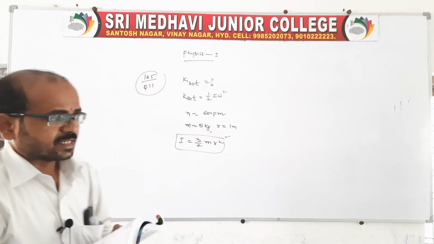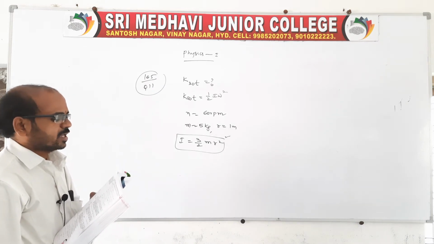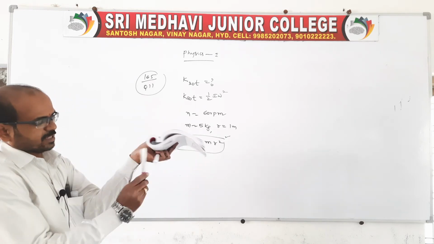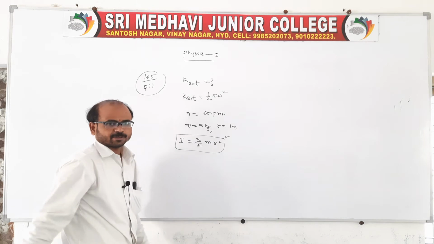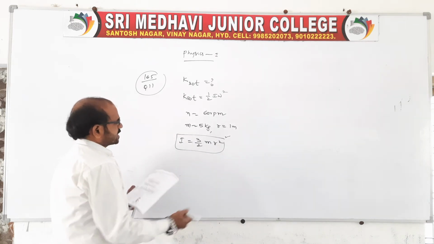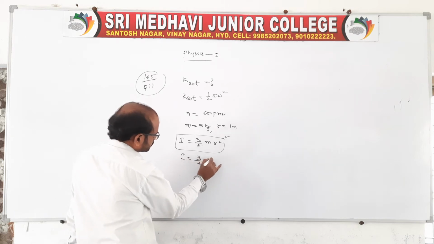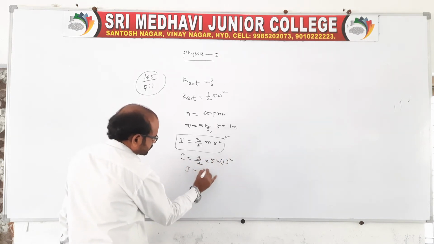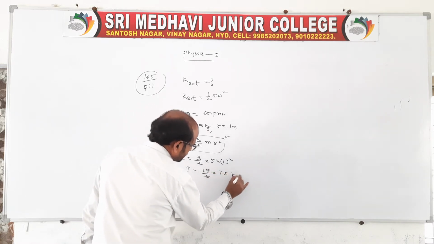It is 3 by 2 mr square, because it is saying passing through a point on its circumference and perpendicular to its plane, that means perpendicular like this. Now m and r are there, you substitute and get the I value first. Therefore I is 15 by 2, that is 7.5